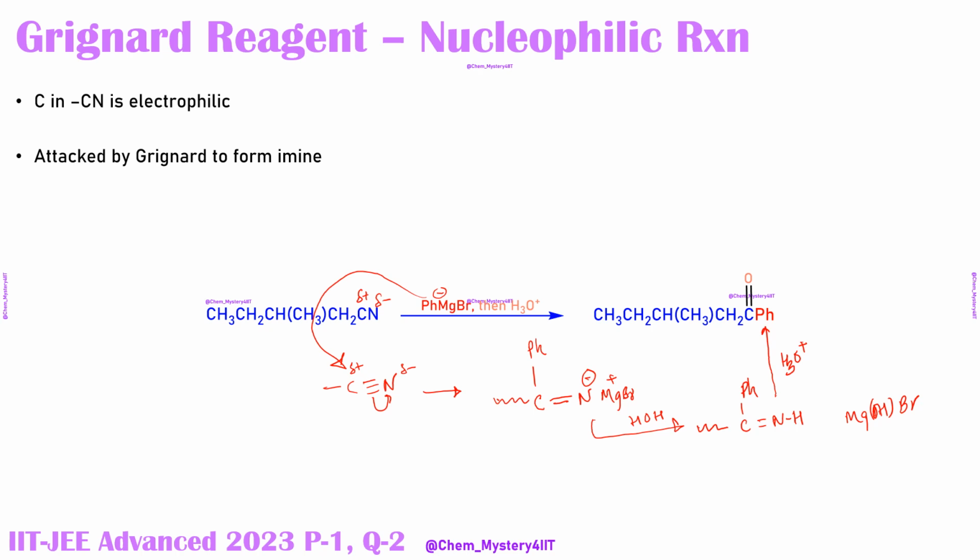So what happens in this acidic medium? This nitrogen's lone pair gets protonated by some H+. So now this carbon's electrophilicity gets improved further. This is attacked by water in acidic medium. So the intermediate over here would look like this: there is a carbon, there is an OH group after loss of H+, there is an NH2 group over here, and this is going to be Ph. Now this compound, where we have a tetrahedral carbon, one OH group and one NH2 group,